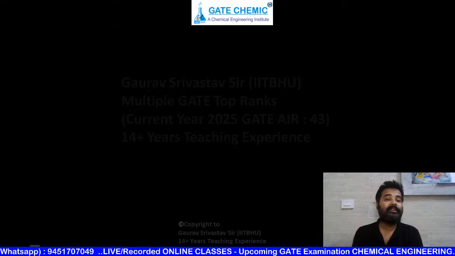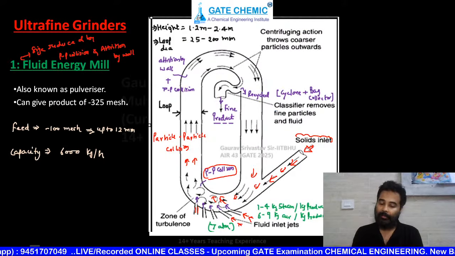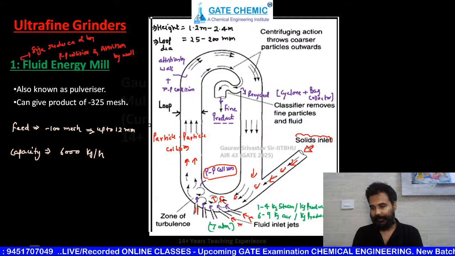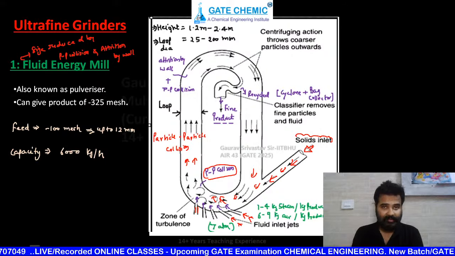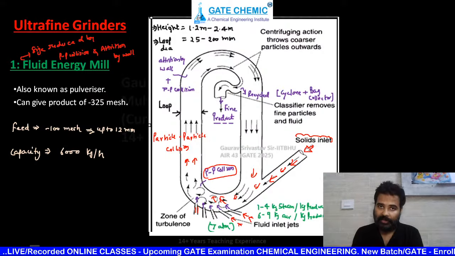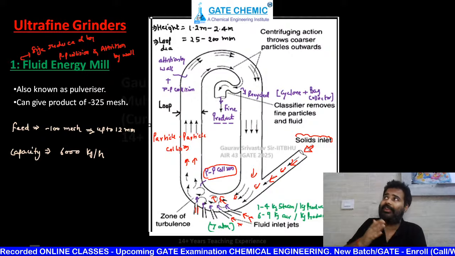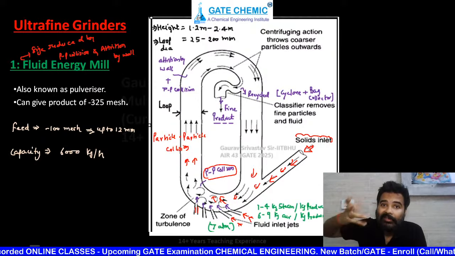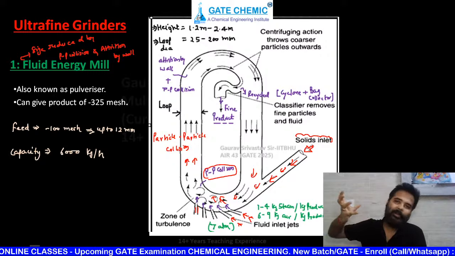चलो बहुत अच्छी बात है बेटा, फैंटेस्टिक. So now we are entering ultra fine grinders यार. अब हम लोग अल्ट्रा फाइन ग्राइंडर्स में एंट्री कर गए. And if you remember, three ultrafine grinders are present in our syllabus. First one is fluid energy mill. Second one is hammer mill with internal classification. What is internal classification? Some fans are there